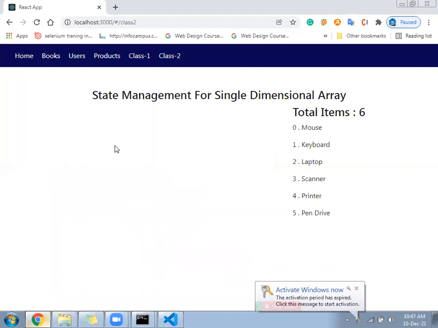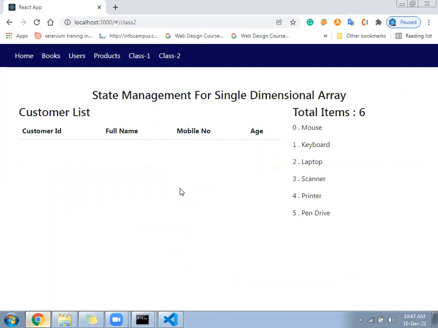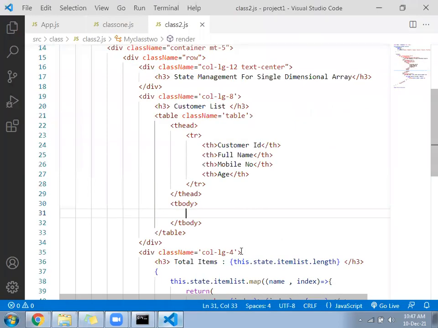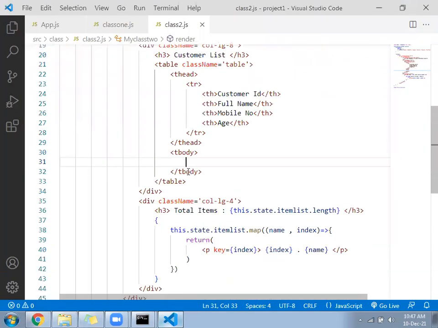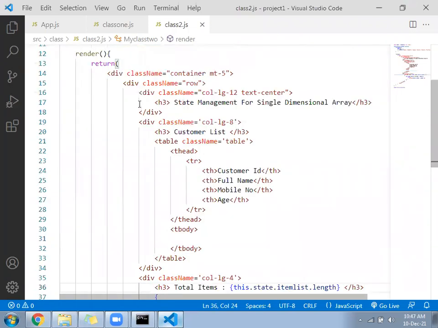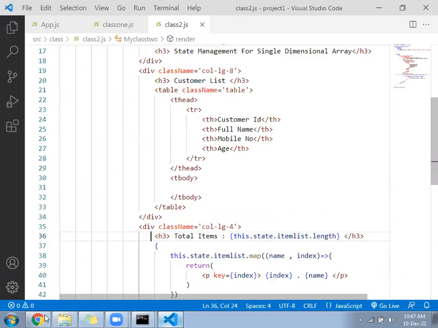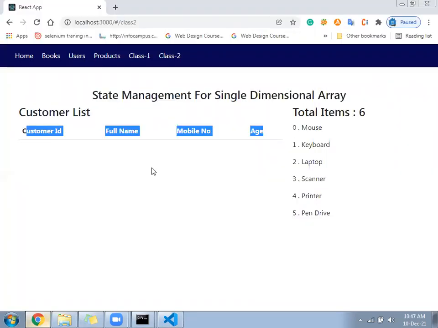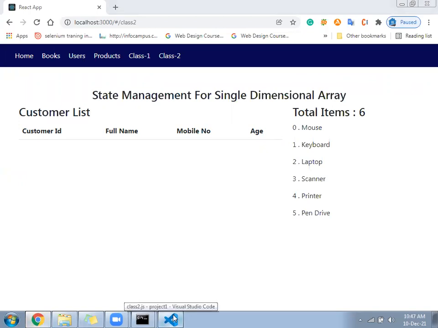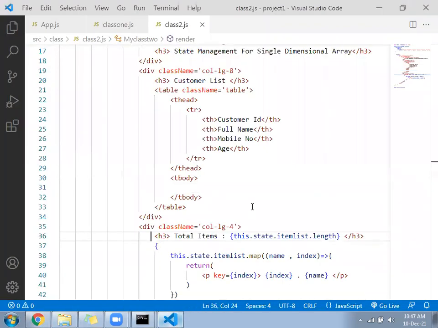Property, table. Next, after that, we have to create a multi-dimensional array inside the same state, and we need to run the loop here. Okay, so what will we do for that? Go here. Hope T head is ready. T head is coming. Now under the T body, we need the data. So name, mobile, and age. For three types of input we need.